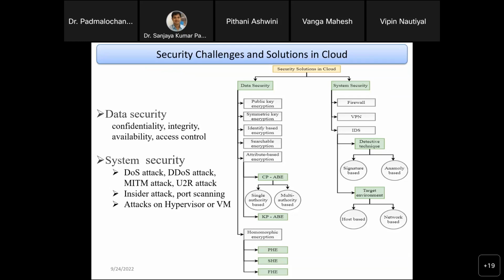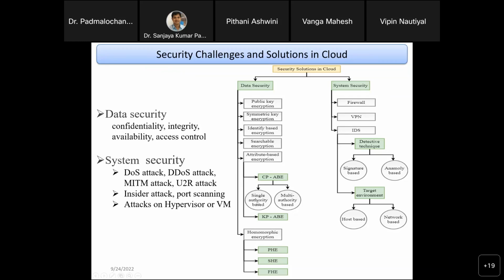Searchable encryption lets you do it in the encrypted domain, even if the entity performing the search is a resource-constrained entity like a mobile device. If I'm doing it on my mobile, which has limited resources, I can outsource the searching operation in the encrypted domain, instead of decrypting and then searching, to a server which has high resources. So this is searchable encryption, and then obviously attribute based encryption and homomorphic encryption.